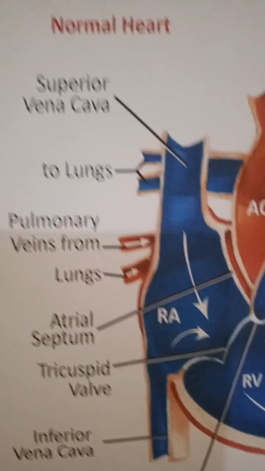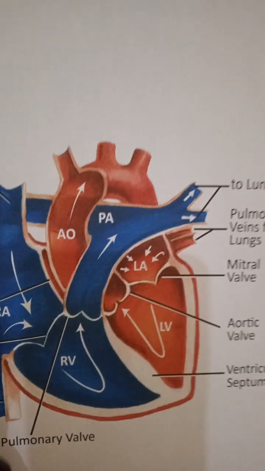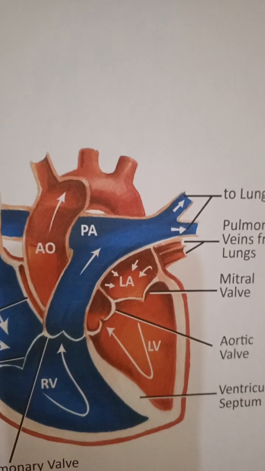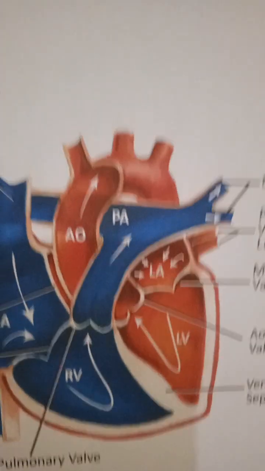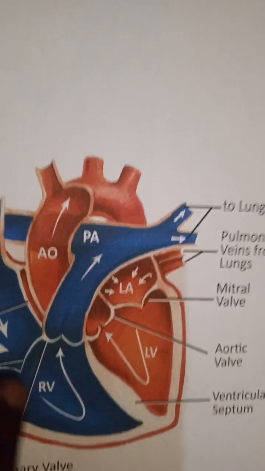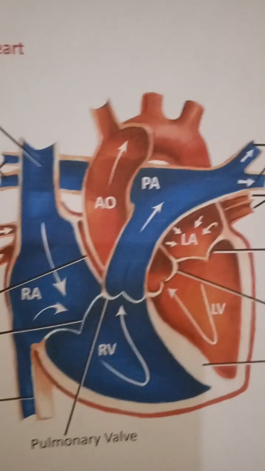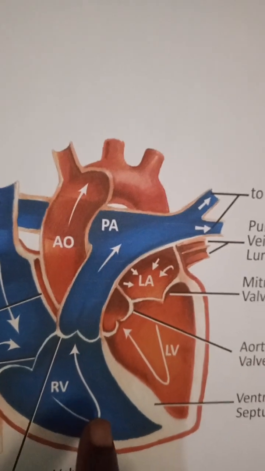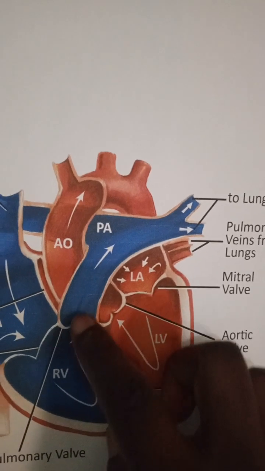Now through the inferior and superior vena cava, the blood enters the right atrium. From the right atrium, the blood will be pushed to the right ventricle. When the right ventricle is full, the tricuspid valve shuts so that the blood doesn't flow back to the right atrium. So now the right ventricle is going to contract so that the blood is pushed to the pulmonary